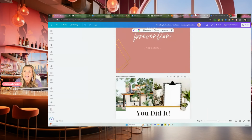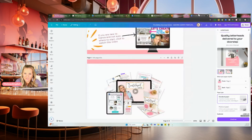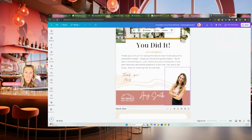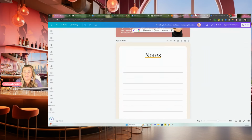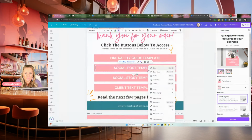So this guide is all put together for you. All you have to do is go in and change out your branding, your photo, your name, your logo, and you are good to go on that. Let me show you what the